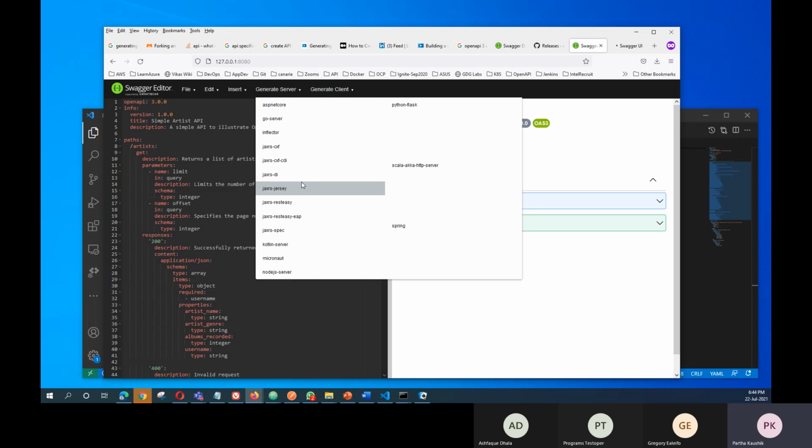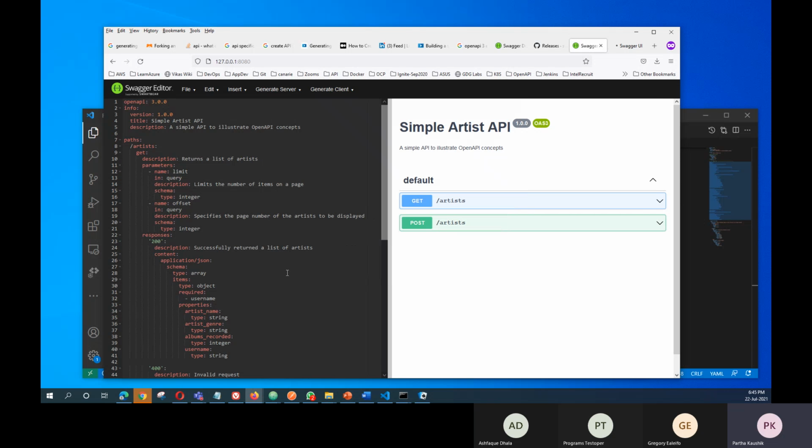let's say you want to do a Node.js server. Suppose you're working in Node.js, you can do a Node.js server. Suppose you're working in Go, you can do a Go server. You can do Java, if you want to be working in Java. Kotlin is for mobile applications, for iOS and Android and so on. So I'm going to hit this Node.js server,